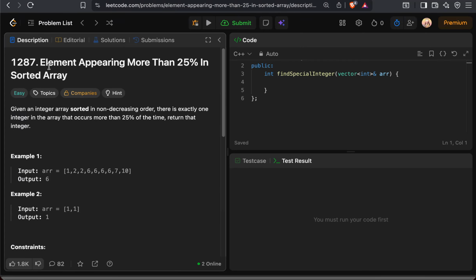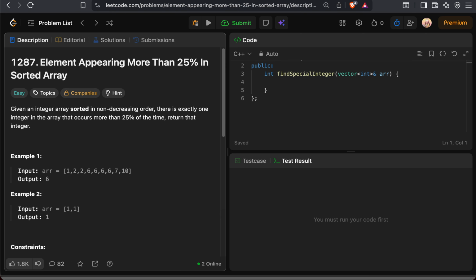So today we are going to solve this problem: element appearing more than 25% in a sorted array, problem 1287. In this problem you are given a sorted array of integers. Exactly when a number appears more than 25% of the time, find and return that number. So that's it. The problem says you have an array like 1 2 2